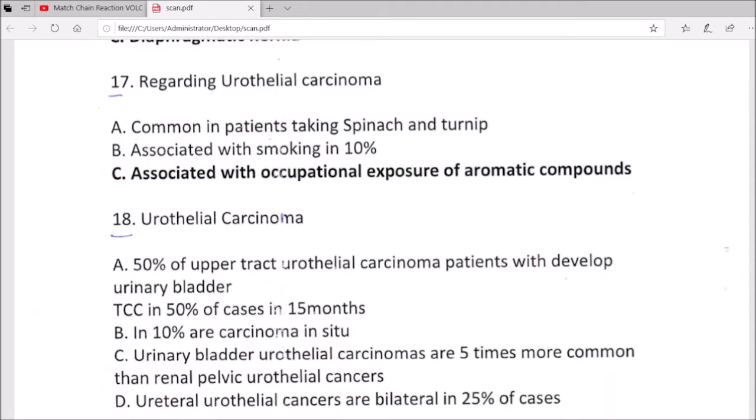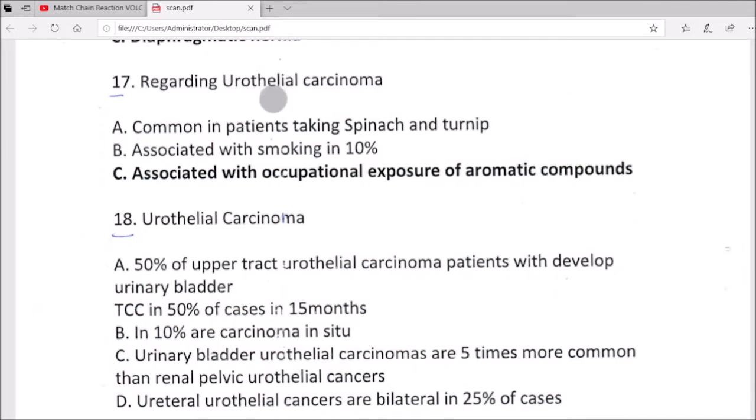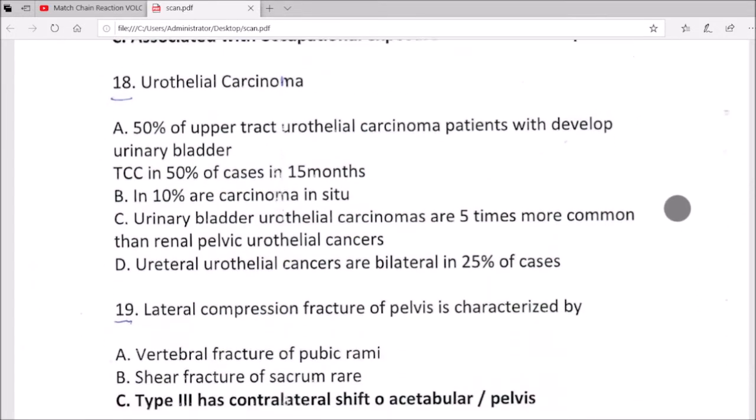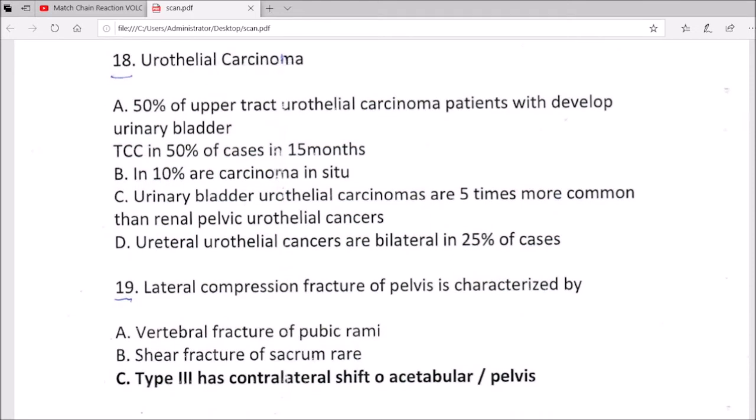17. Urothelial carcinoma is associated with occupational exposure to aromatic compounds. 18. Urothelial carcinoma,